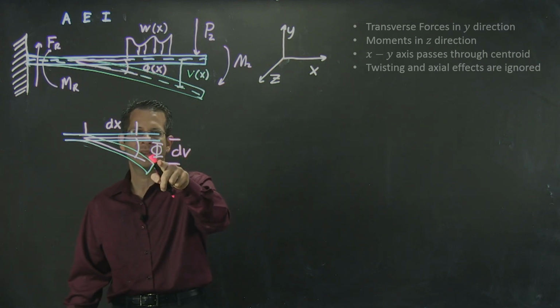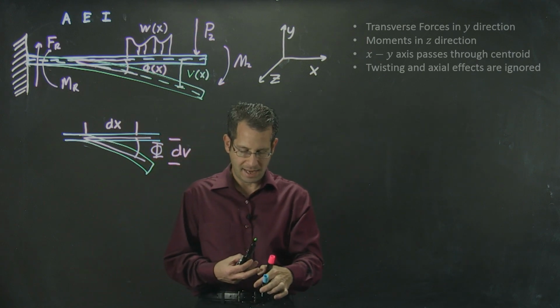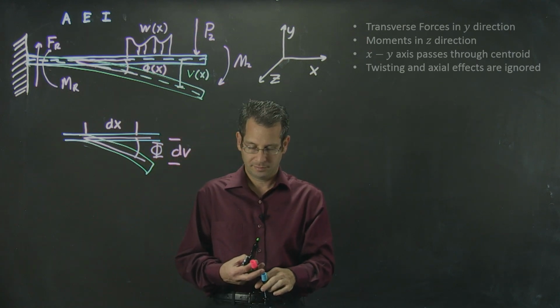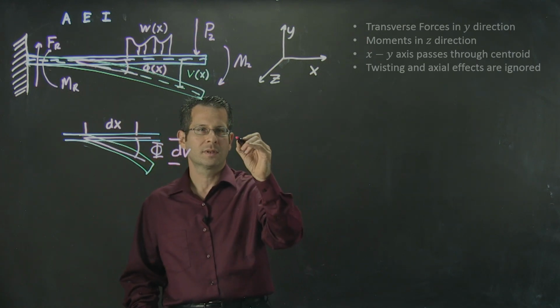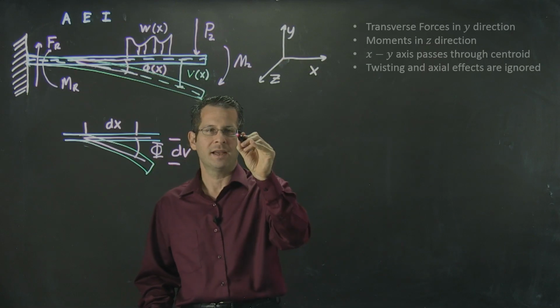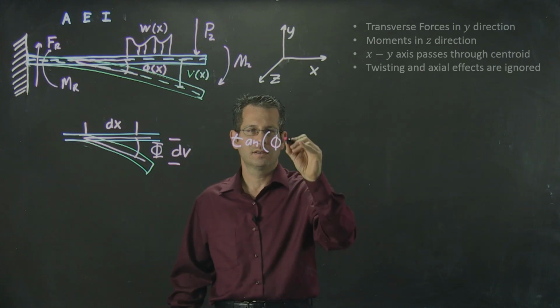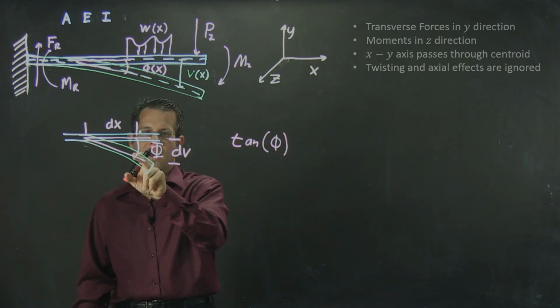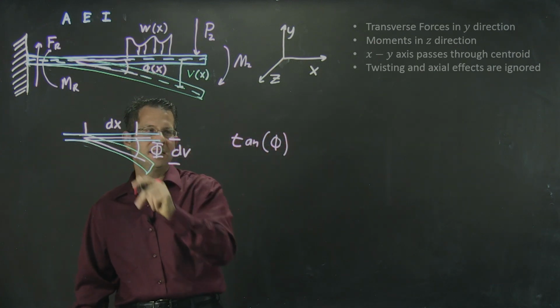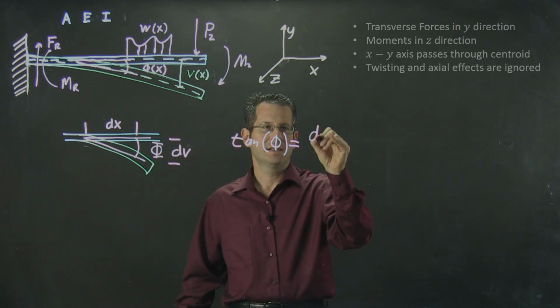If I want to know what this angle phi is, the tangent of this angle phi is equal to the opposite over adjacent, that is dv